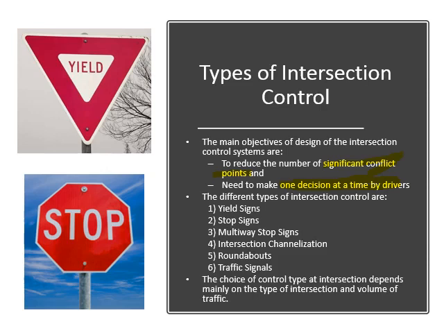There are 6 possible traffic control devices that we are going to discuss, and the choice of these devices depends upon the type of intersection and the volume. There are other factors as well, but we will discuss them later on. But these are two main factors: the type of intersection, and the volume of traffic on the intersection.